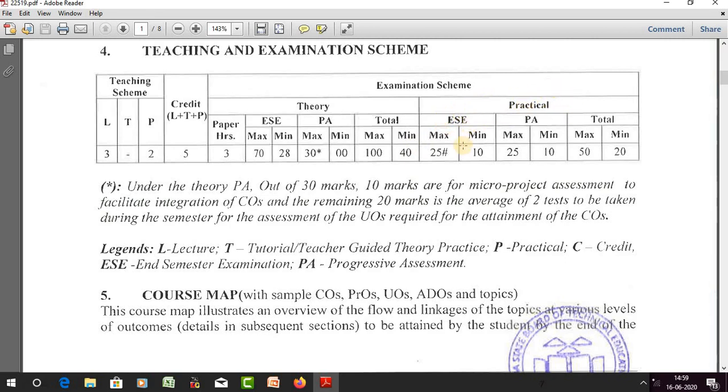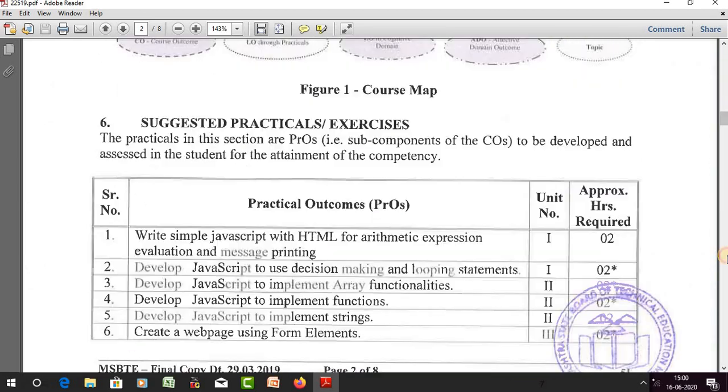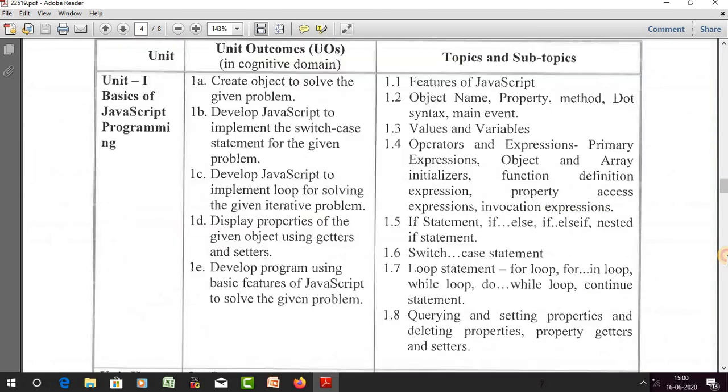In the practical session, there are 25 marks for the external exam and 25 marks for progressive assessment, total 50 marks. So CSS is a total 150 marks subject. Let us see the first unit of CSS, which is basics of CSS.